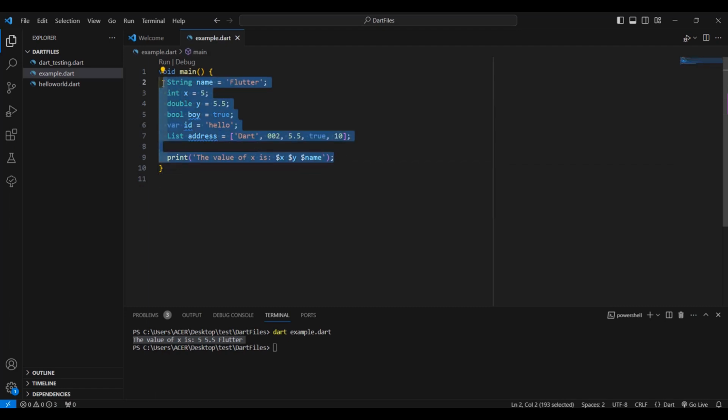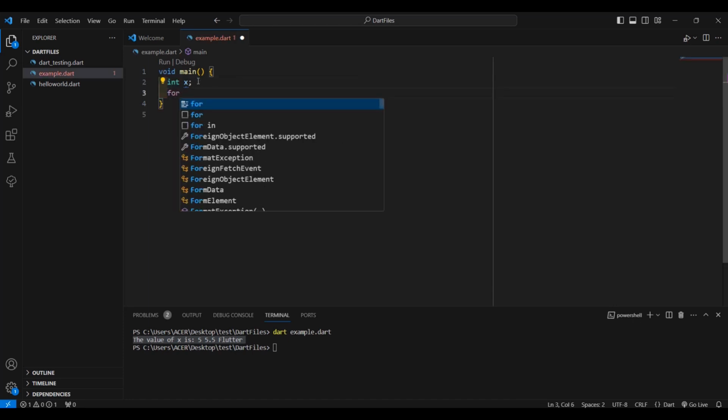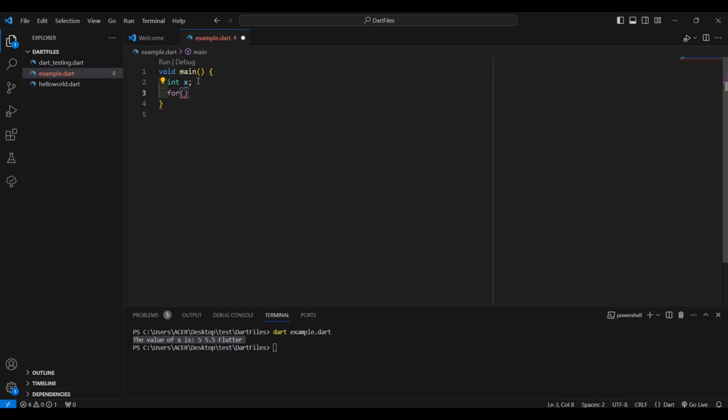Okay, let's type here int x is equal to 0. Or let's say int x. So we are declaring our x variable as an integer data type. Now we're going to use the for loop. Now this is how you are going to type your for loop: for, and then the parentheses. Inside the for parentheses,